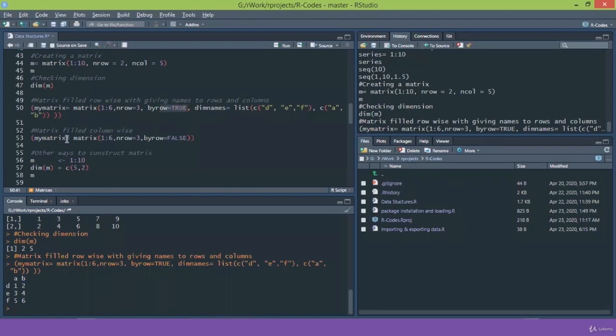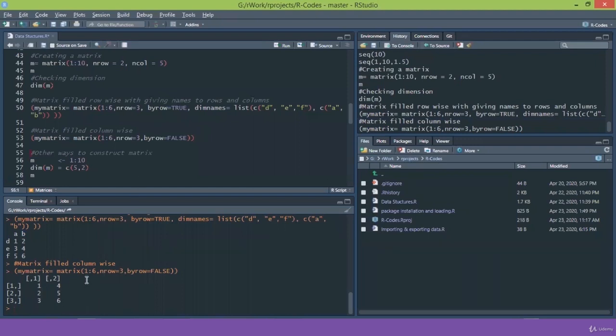Now I want to fill my matrix column-wise, so I am setting byrow to FALSE. Now let's print this, and you can see the values have changed. Earlier, I had given rows equal to 3 and byrow TRUE. So what was the structure of the matrix? There were 3 rows and 2 columns, but when I did FALSE, it became 3